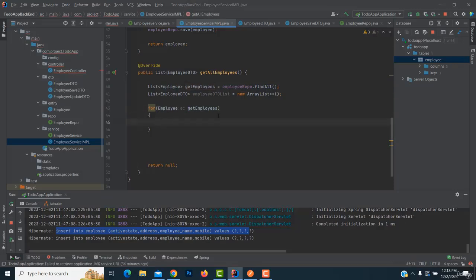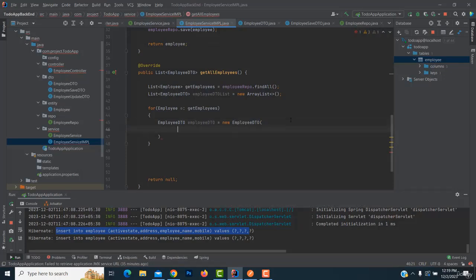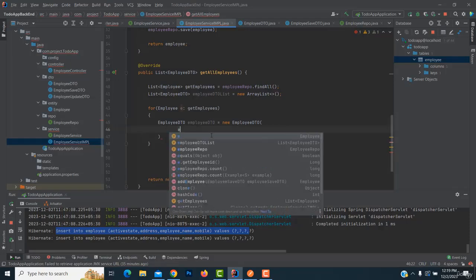So you have to write here, you're sending to the front end as a DTO format. So how to get the record, receive the record from the database table, passing to the front end as a DTO format. So here we write it here. This employee DTO, you have to create the object of employee DTO equal new employee DTO. Now here you have to write this E dot